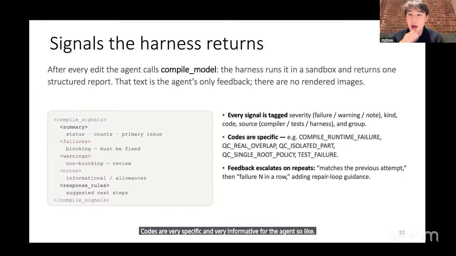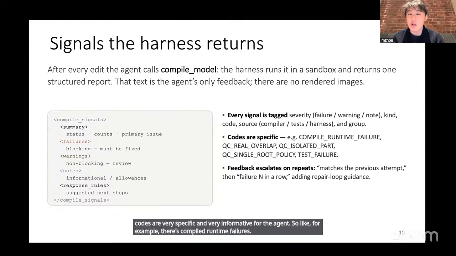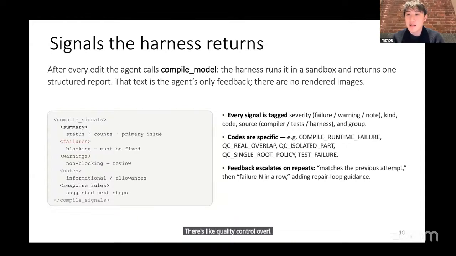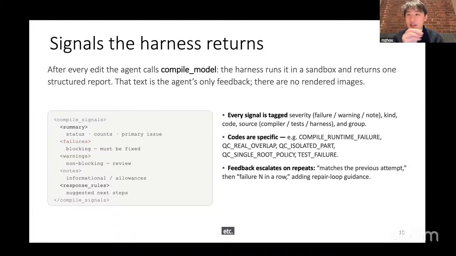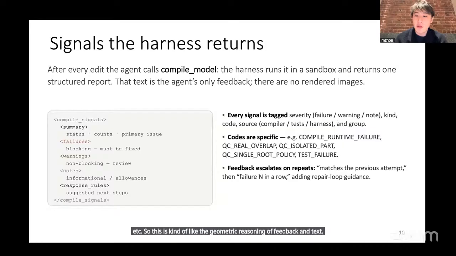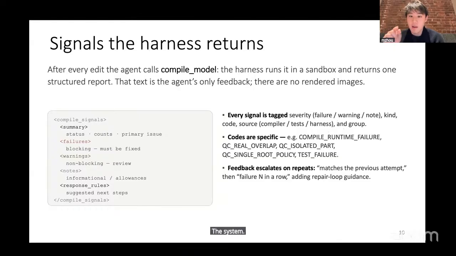So, for example, there's compile runtime failures. There's quality control overlap, quality control isolated parts, etc. So all this is structured and coded, so the agent knows exactly how to address each of these problems and whether to escalate, ignore, etc. So this is the geometric reasoning of feedback in text. Oh, feedback also escalates on repeats. So basically, if the agent keeps on failing, the system starts modifying the feedback and escalating the severity